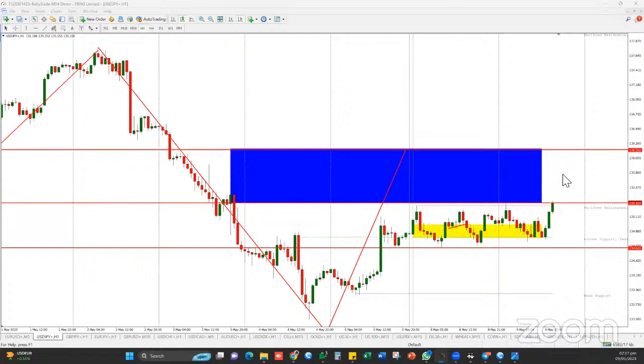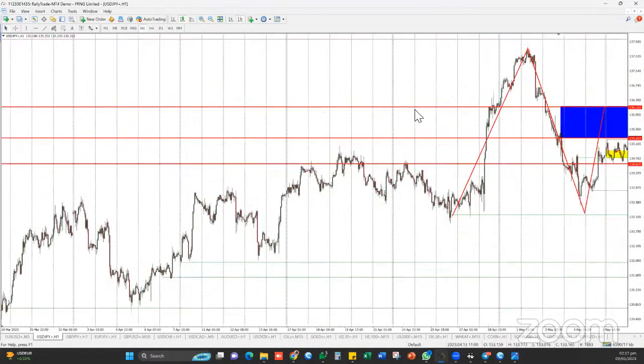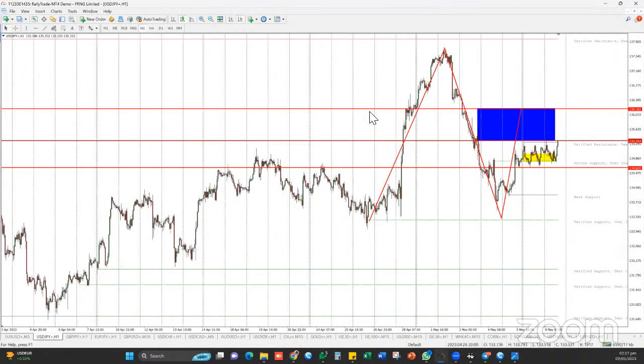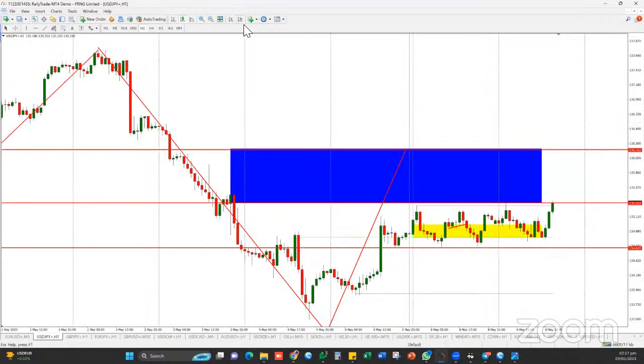So with that in mind, I will still be considering it, and I told you yesterday that this is actually a long-term trade. It's not just something that you enter immediately and then you start looking for profit. It's something you have to enter and then give it some time to consolidate and then give you some good profit. So for USD JPY, I am still maintaining my buy,